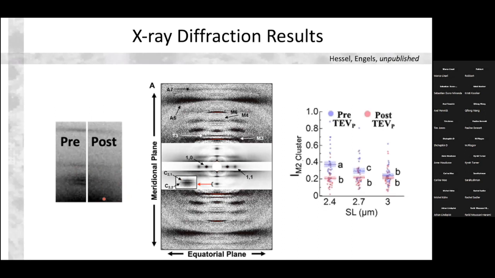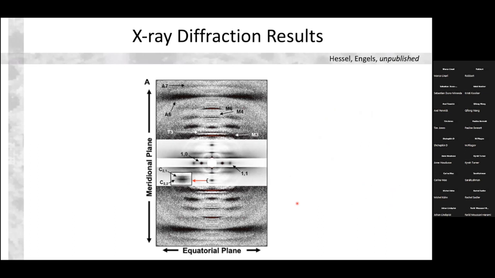And so this is just showing the reduced data for the intensity of the M2 cluster here, which has been associated with myosin binding protein C, but it's a bit controversial whether C protein actually directly contributes to these reflections or not. And so I'm gonna leave it at that, although we're really super excited because the technique that we're using actually should allow us to add back even more C protein for technical reasons. And so I'm looking forward to testing the idea that these reflections are due to C protein itself.